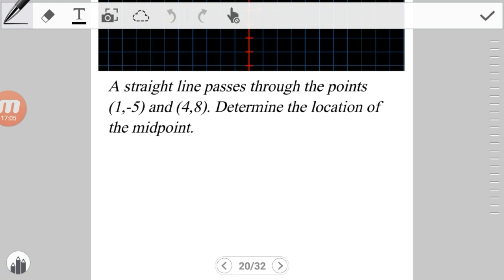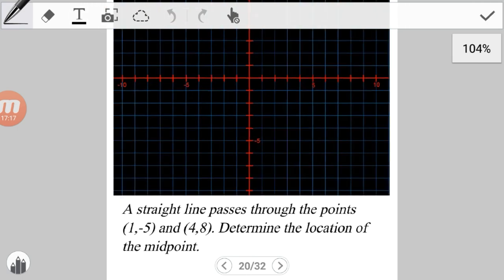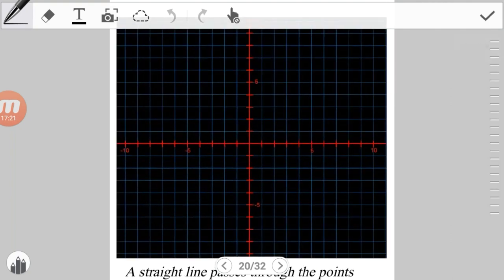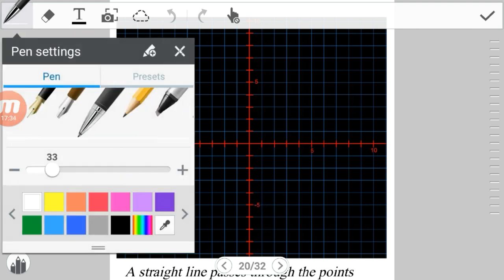So in order for us to determine the location of the midpoint, we are going to need to plot the points on the graph, and then we're going to calculate where its location is and then locate it on the graph. So (1, -5), we already know how to plot points from the previous tutorial, part 1. So (1, -5), that is 1 to our what? Right, and 5 down, that's 1, 2, 3, 4, 5. So I would be at this location here,